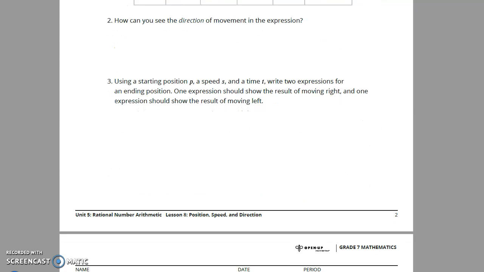So in other words, if we wrote it without numbers, P plus S times T. Or if we went in a left direction or a negative direction, it's P minus S times